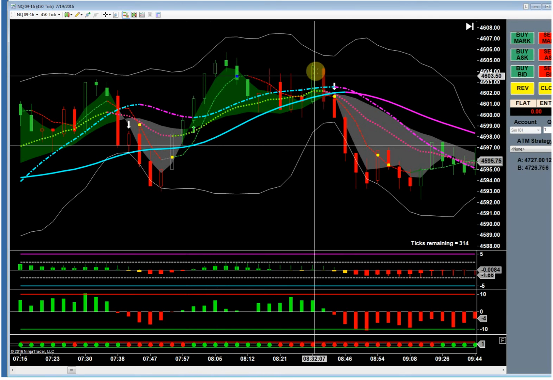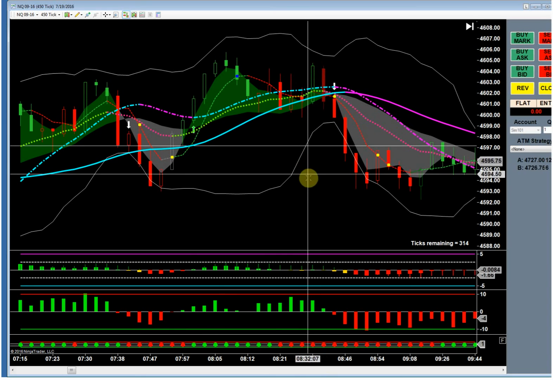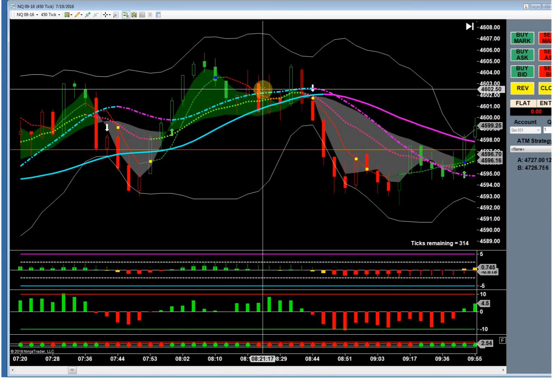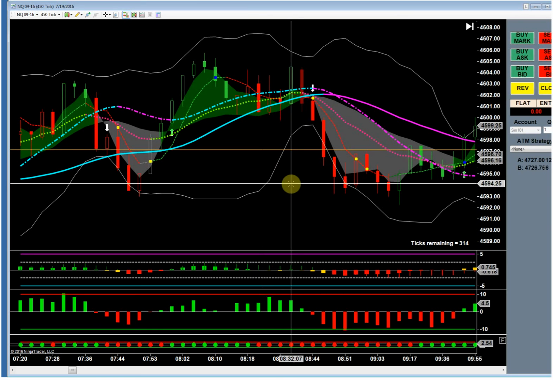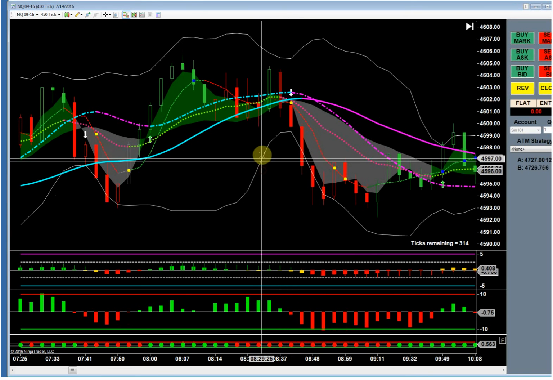Then it went into whipsaw. And if you were live in this, you're going, oh my God, what's wrong? Why is the market... what's wrong? Is something wrong with Boomerang? Nothing wrong with Boomerang. It's called the political convention period in the middle of summer. It's just the way it is.